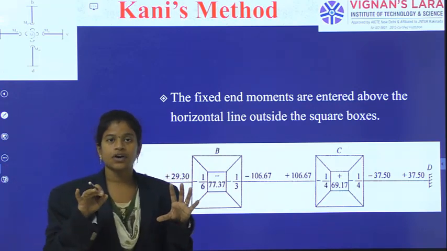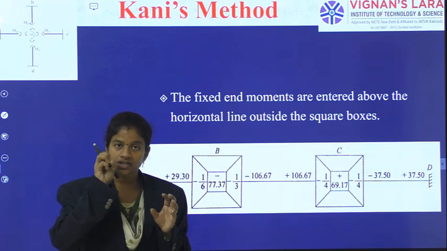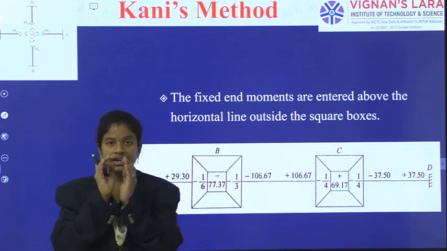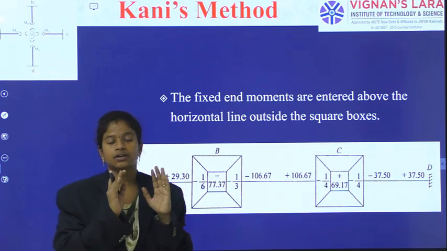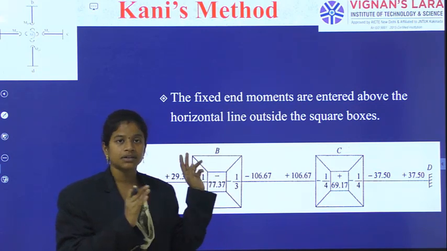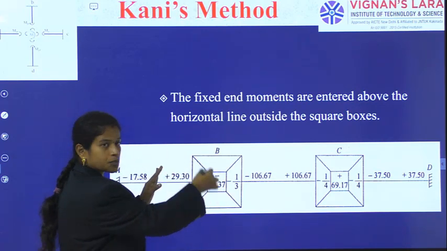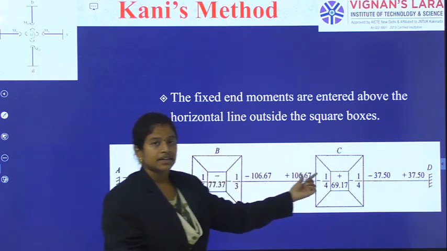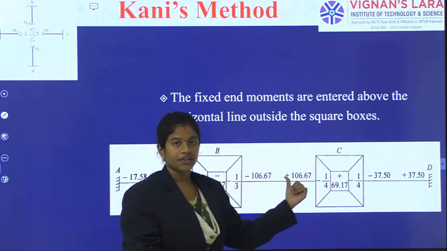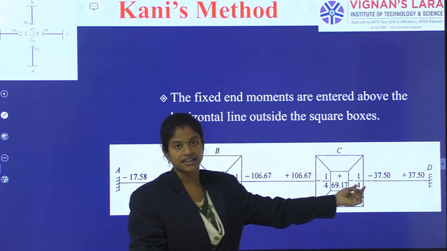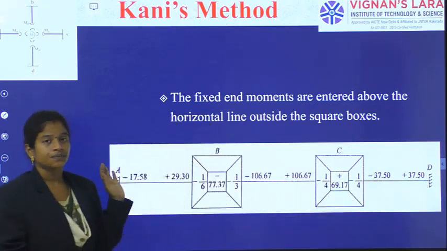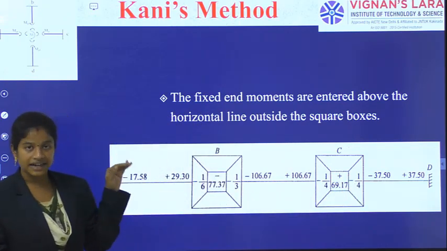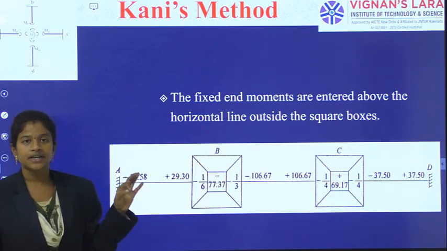In the smallest square box, we will enter the summation of the fixed moments at the joint. And the fixed moments on the left side, this should be the distribution factor for the first member, and the corresponding fixed moments on the right side with the corresponding distribution factor. And then again, the summation of the fixed moments on the left side and the distribution factor on the right side. Okay, so in this way, these things will happen, and later we will write the fixed end moments